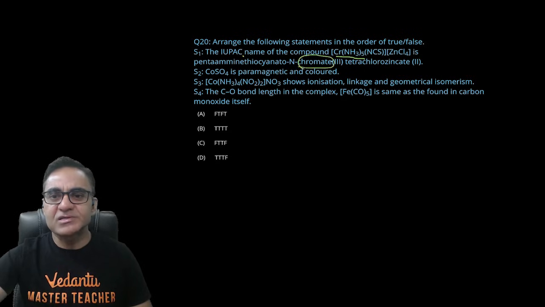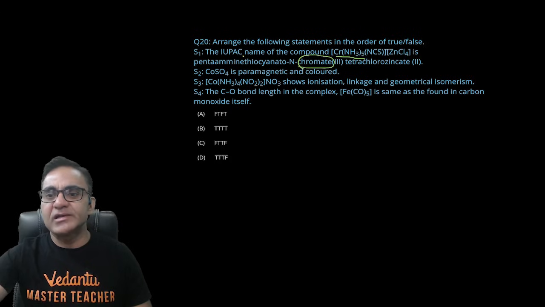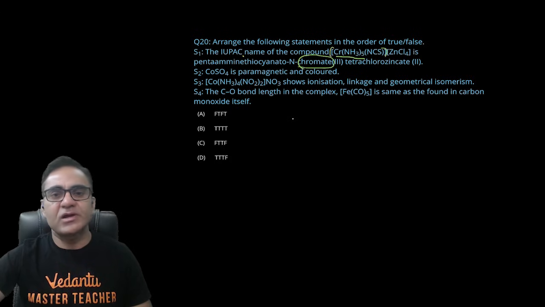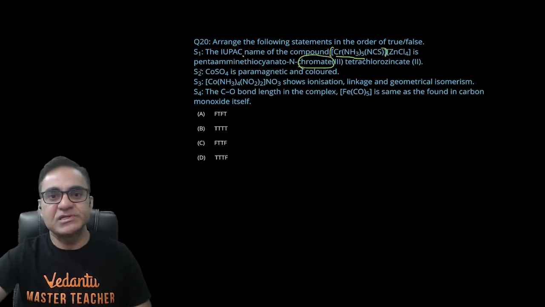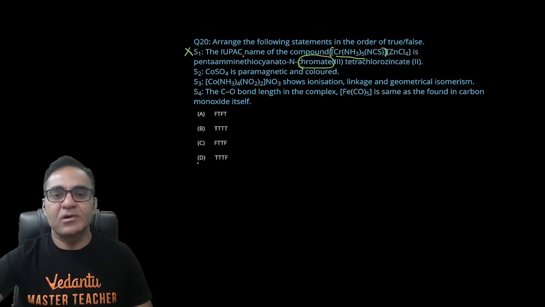यहाँ गलती हो गई because this one is a cationic complex. पहले cationic complex होता है, फिर anionic complex होता है, और cationic complex के अंदर central metal has to be written with suffix IUM. सो क्रोमेट की जगह क्रोमियम होना चाहिए था यहाँ पे, तो इसलिए ये IUPAC नाम गलत है। तो पहला फॉल्स हो गया। ऑलराइट, पहला फॉल्स में दो ऑप्शन तो हट गए।